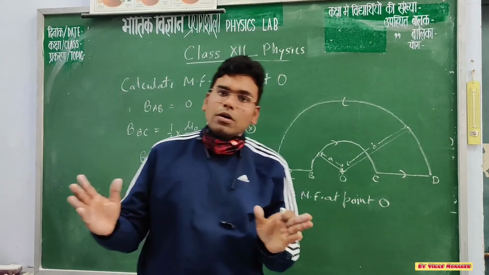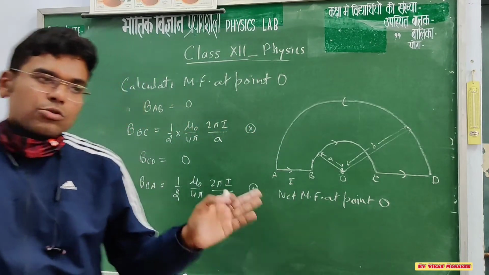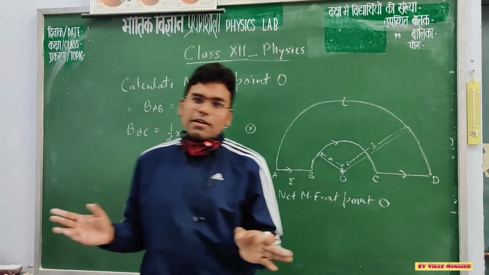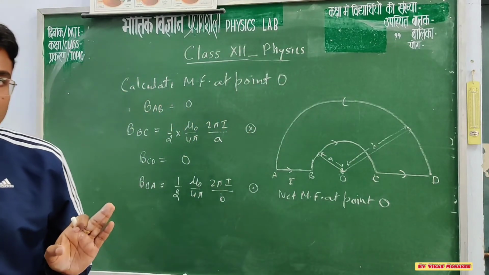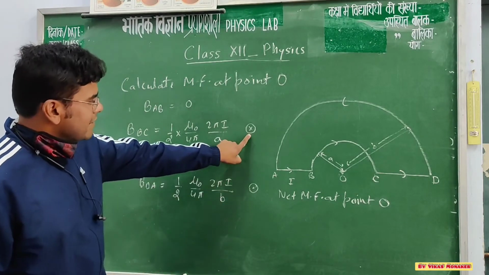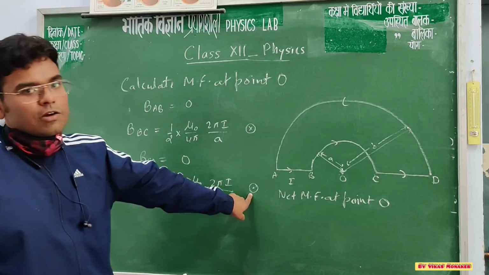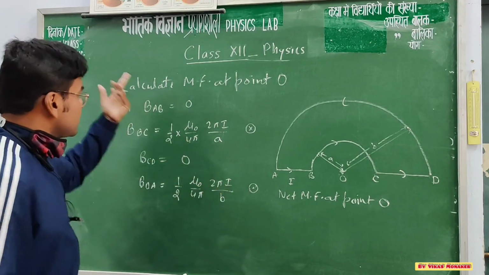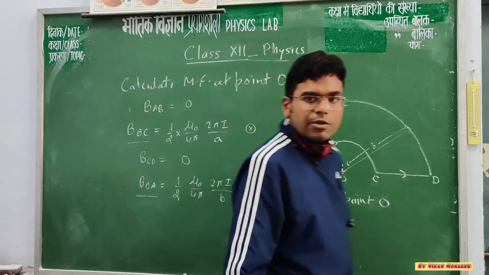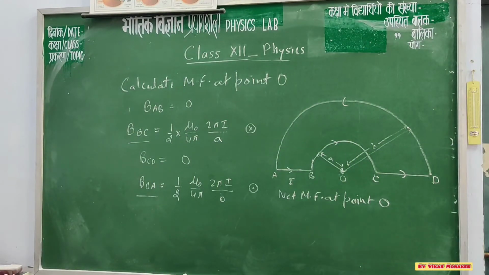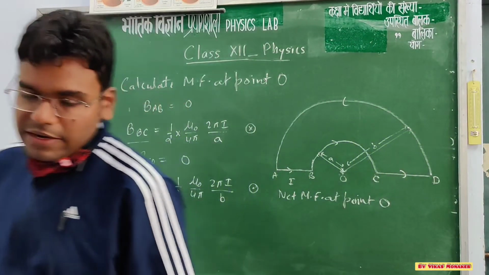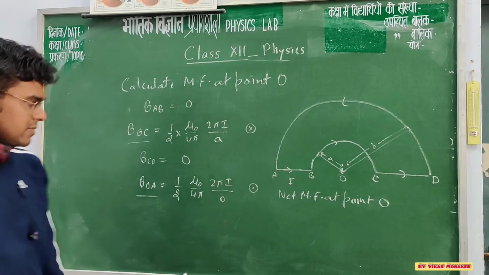And when two vectors are in opposite directions, how to get the net? The net can be obtained by subtracting the smaller one from the greater one. Okay, so when you do so, you will get it. Now this is in the inward direction, this is in the outward direction. We need to find out initially which one is greater. So B_BC or B_DA. Pause the video and think about which one is greater. B_BC, that is the magnetic field due to BC, and second B_DA, that is the magnetic field due to DA. Which is greater? Think about it.